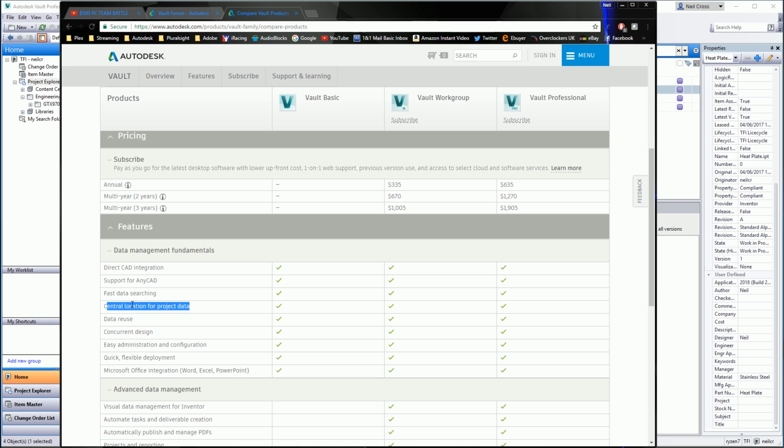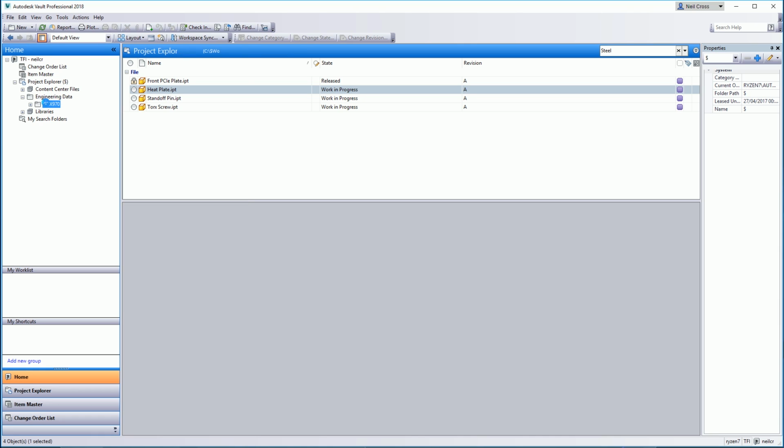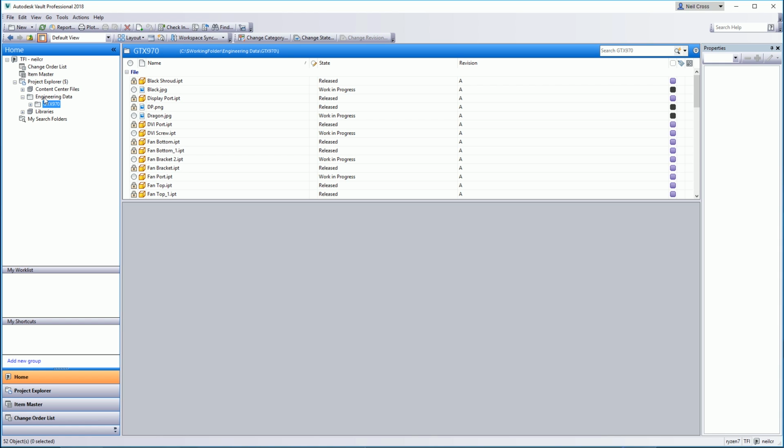All right, then we've got central location for project data. Right, so some of these features are a little bit of a stretch. Central location for project data is more of a reason for using Vault rather than a feature. My interpretation of it is that Vault becomes the central location for all your project data. You can refer to folders in Vault as projects, for example. You could say, this GTX 970 folder is my project, and everything that goes underneath here is the central location for all the data in that project. You can refer to it as that, but that is not so much a feature,